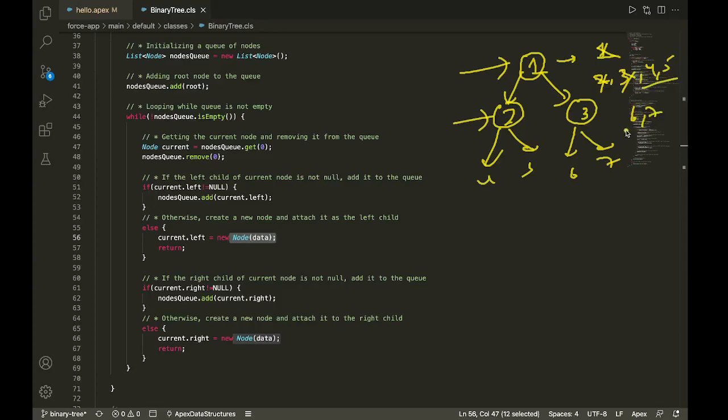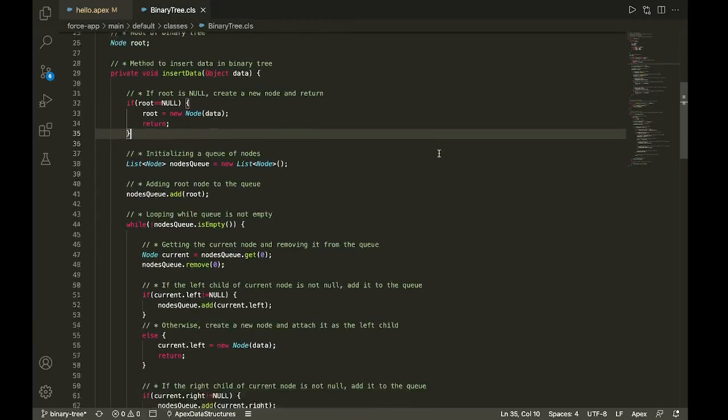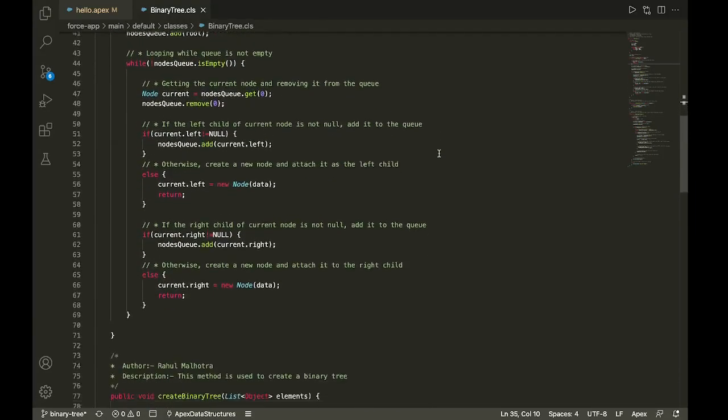So you see, each time we are going level by level. Now we'll traverse 4, 5 and 6, 7. So now this level will be traversed. So each time we are going level by level and we are inserting a new node inside the binary tree, I mean, considering each node one by one that we encounter in a particular level. Okay. So that's all regarding insertion of a node inside a binary tree. I hope this code is clear to you.